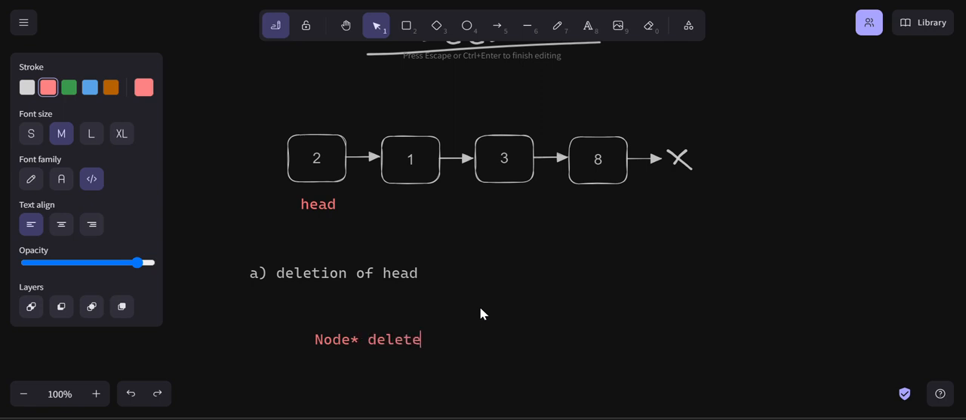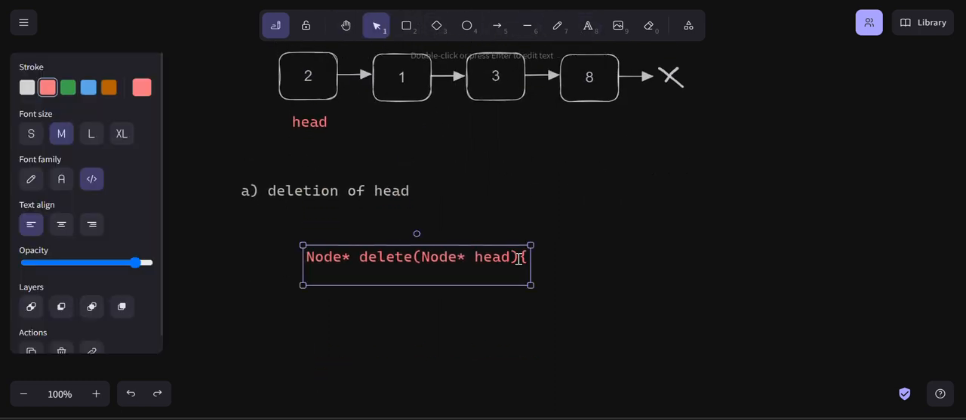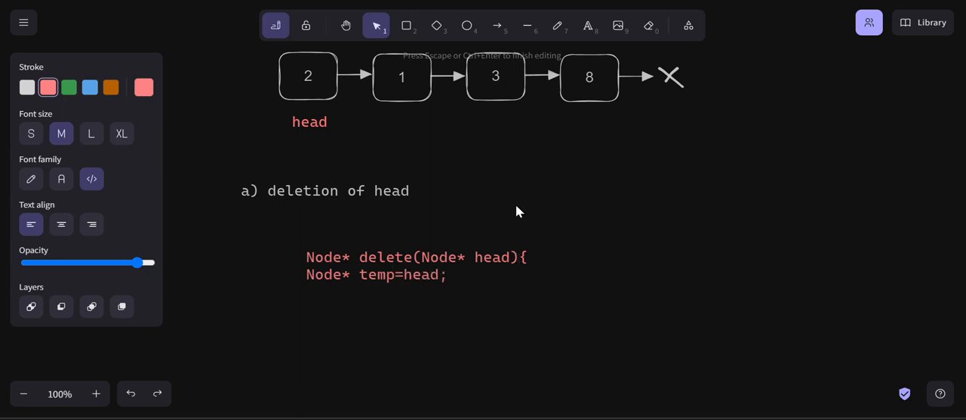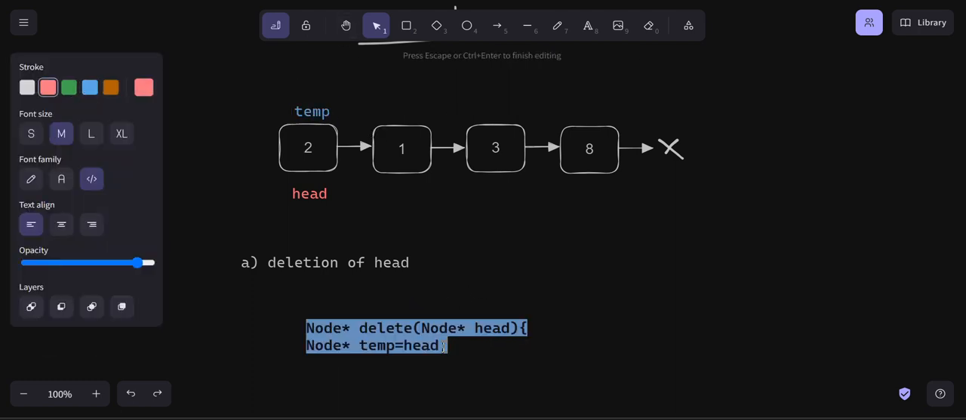Let's say that this is one function. This takes the old head. Fine. Now this is done. Now Node star, I can have one temporary pointer to head. By writing this, I just declared one temporary here. Now,